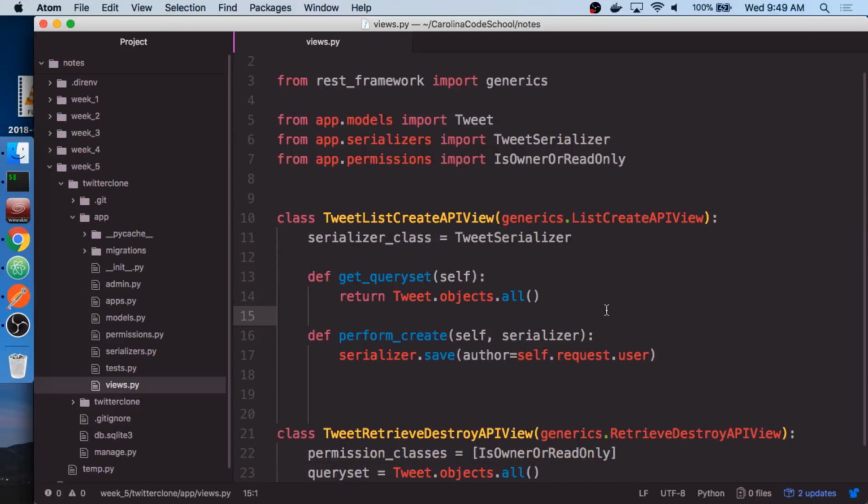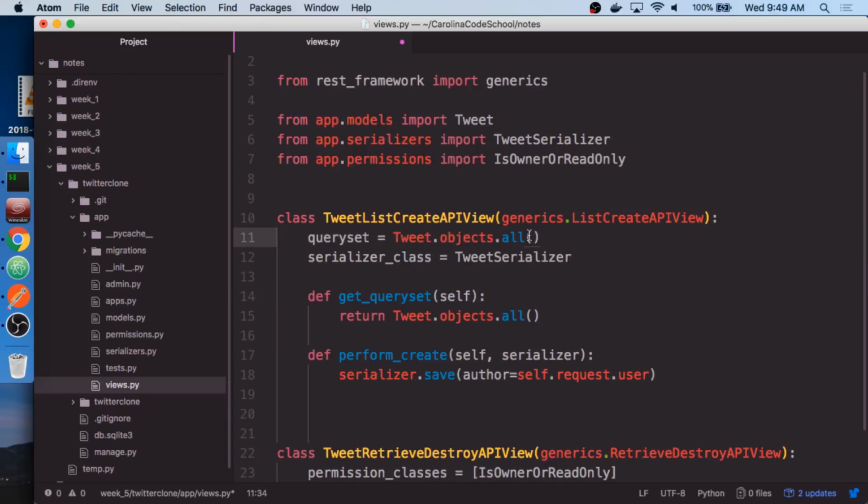Now, the reason I'm doing this is not just to be pedantic and move something to a method. It's that you can't access anything off of the request when your queryset is up here. Like when queryset is just sort of floating up here in what I like to call the gray matter of the class, not inside of a method or anything, you can't access anything off of the request. And the most important thing we want to get from the request is who's currently logged in.